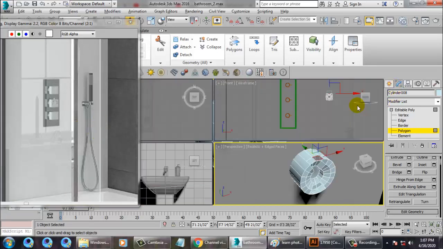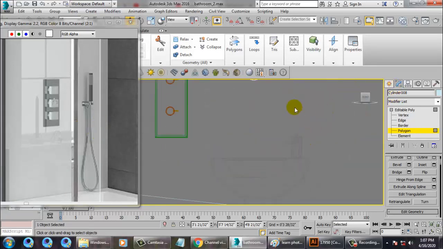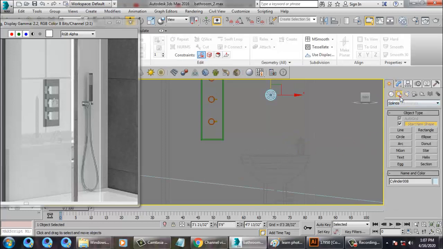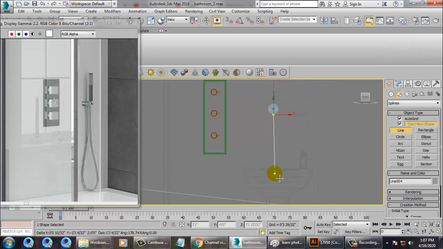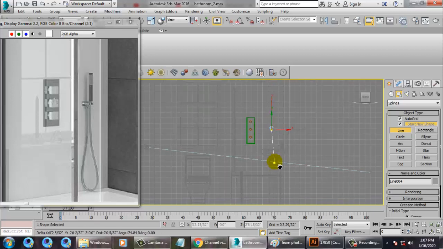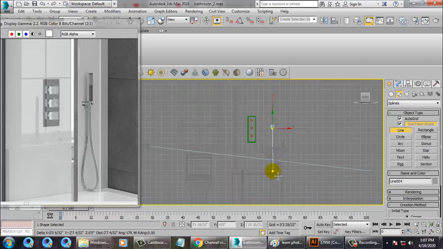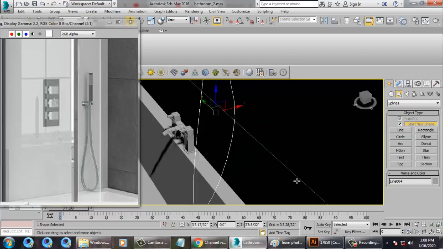So now let's go into this and let's take a line tool over here. So let's go into the spline and just take a line tool. After taking a line tool, let it go down and just place this over here.